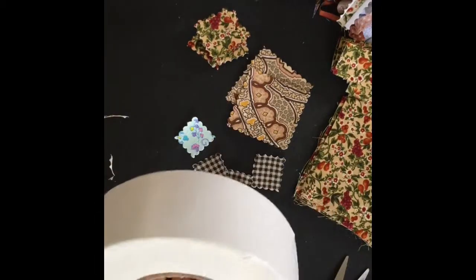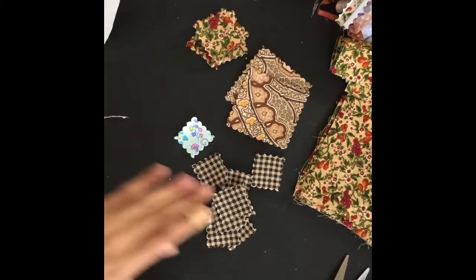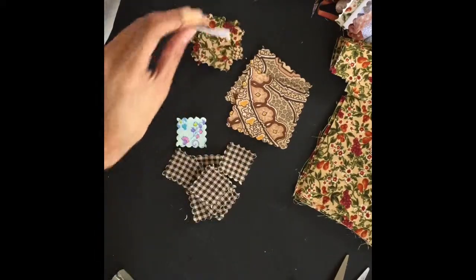Like $15.67, almost $16 on Amazon. So yeah, totally worth it. I just hope that it peels off